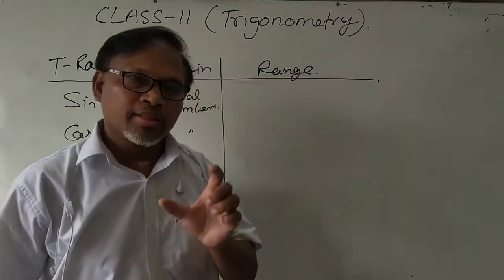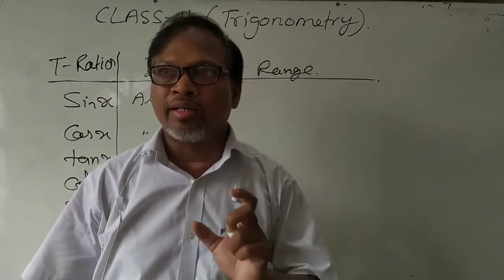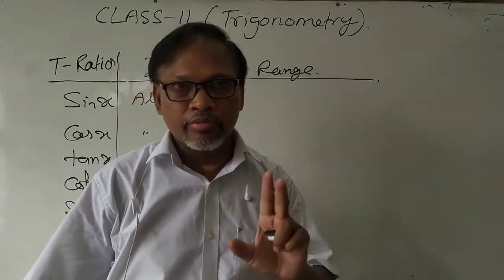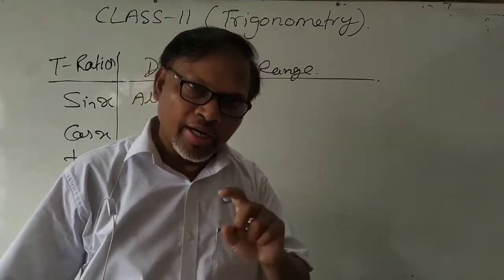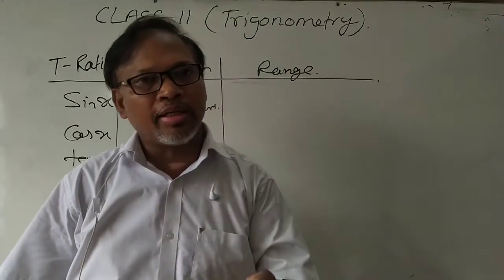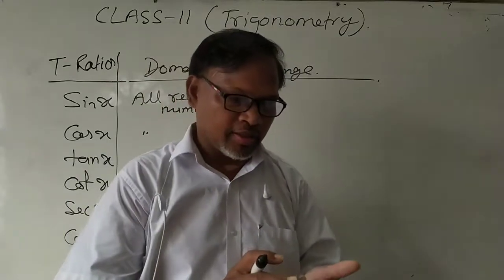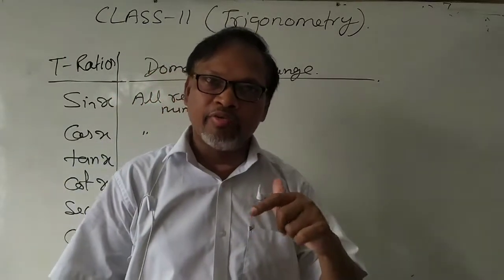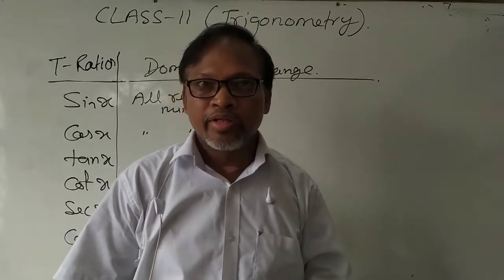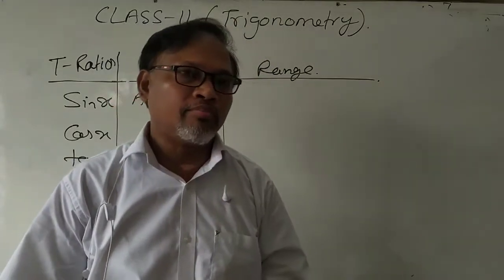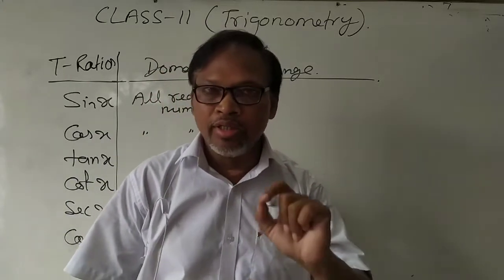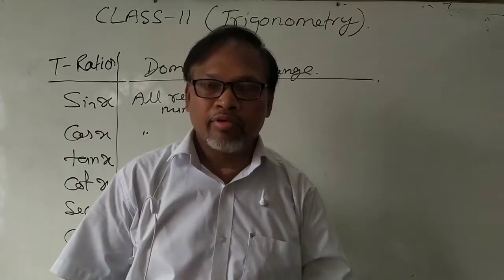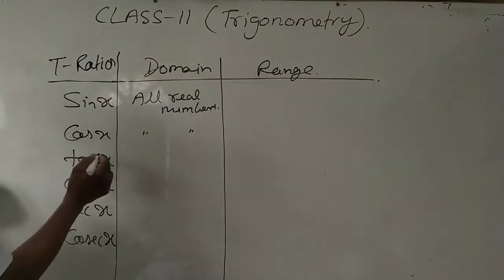As you know, tan pi by 2. What is the value of tan pi by 2? Tan 90 degree is equal to infinity. You know this part. But not only at tan 90 degree; all the odd multiples of 90 degree, like 3 into 90 degree, 5 into 90 degree, 7 into 90 degree, also give infinity. So when it gives infinity, infinity is not a real number. It means we have to leave these values of x, meaning we do not keep them, because you are not getting a real number.